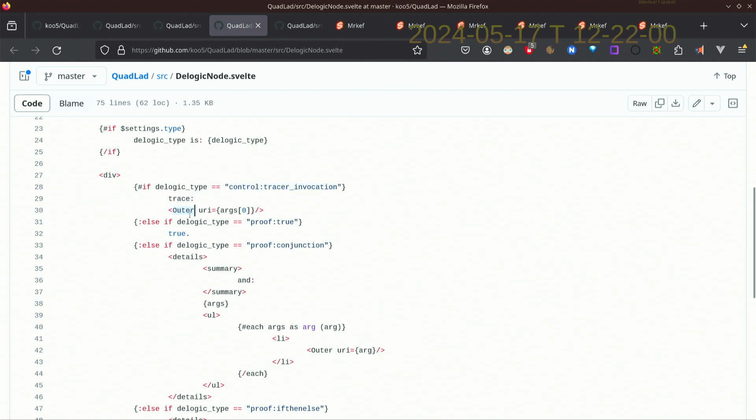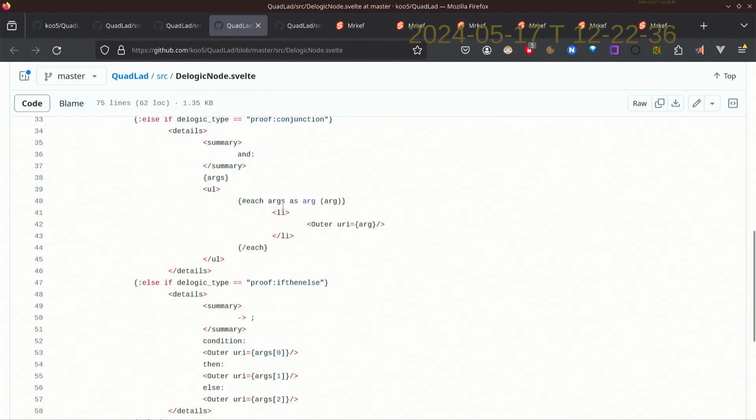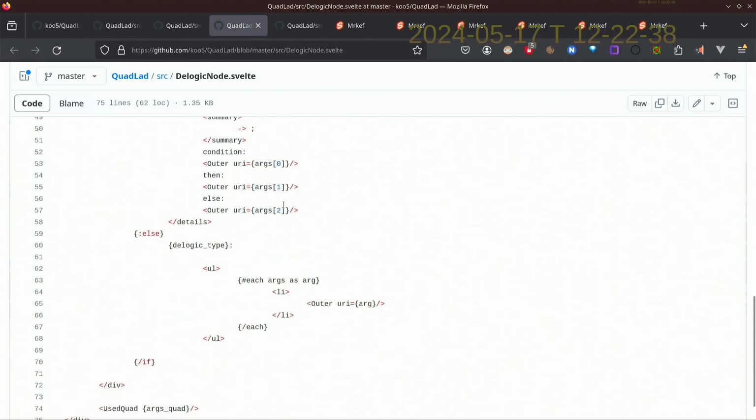And then each time, outer is the most important object, I mean template, of the component of the QuadLad framework, because that would be the generic one. If you're displaying something and it's referencing something else, then you use the outer component to let the framework display it. So this all kind of worked, but